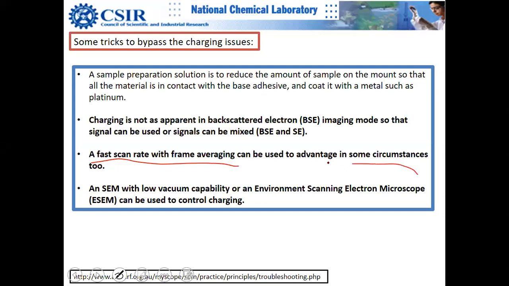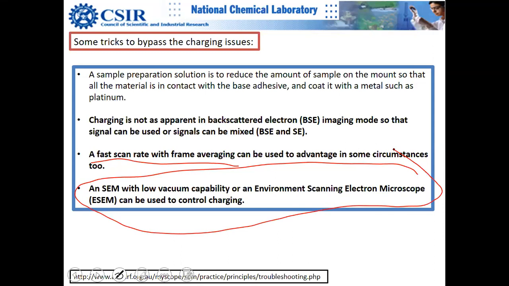This is a beautiful technique. Actually, this is a very beautiful technique. So you can use low vacuum capabilities, and in ESEM, the environmental scanning electron microscope, you can put all kinds of wet samples in low vacuum, but there is no charging actually, which is surprising, right? And the answer is very simple. Why is there no charging there? There is no need to coat metal in environmental SEM.